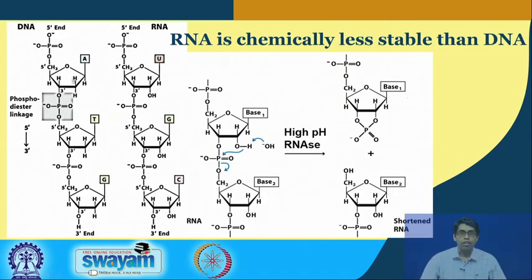Then we saw that these monomers are linked into a linear polymer via phosphodiester linkages, where the phosphate group connects the 3' OH of one monomer with the 5' OH of the next monomer. So, what we get essentially is a linear polymer which has a 5' end and a 3' end. If you look at this phosphate sugar backbone, this is chemically exactly the same throughout the DNA, only the bases are different in each monomer.